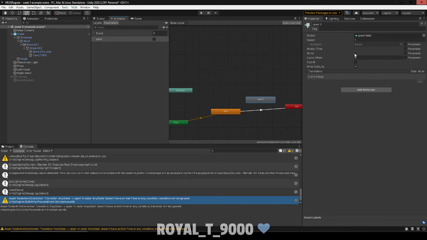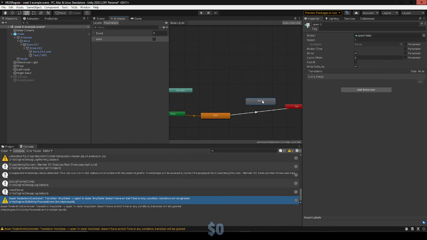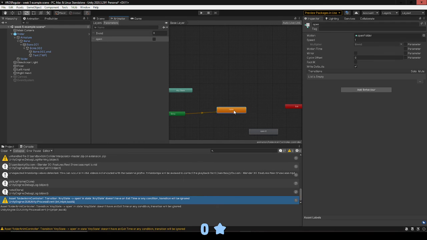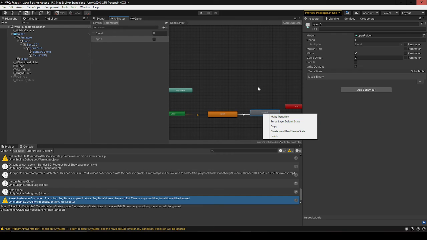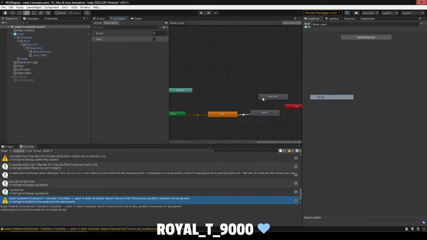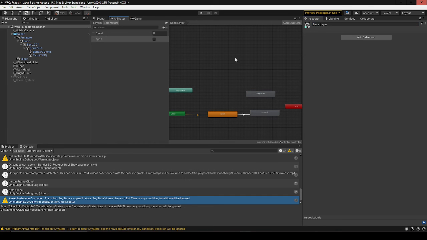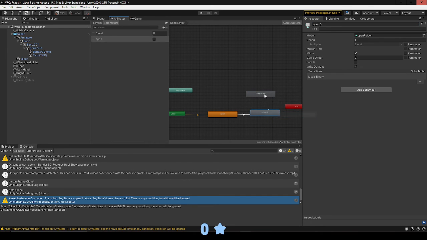And I think what I can do is make this like a mirror. And basically if I make a transition here and then create an empty state called like stay open or something like that, and then if I transition from here to there,